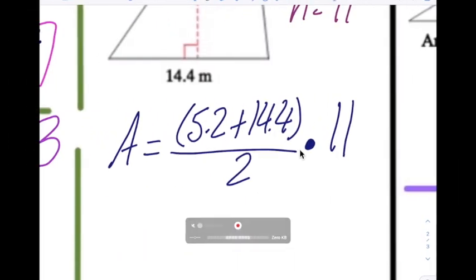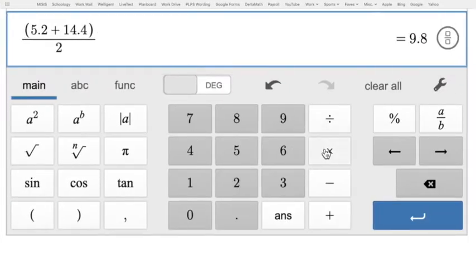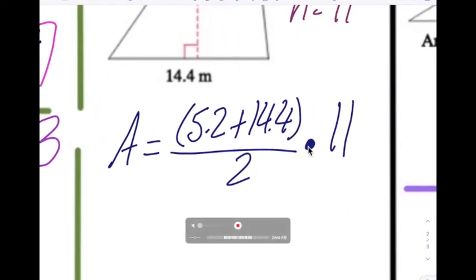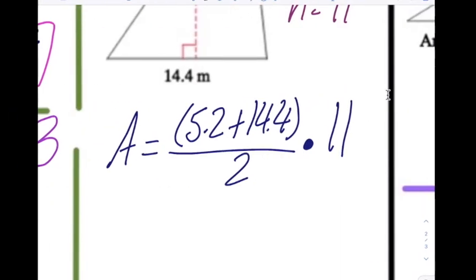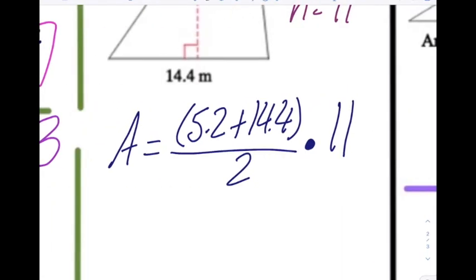Now, be careful. I'm going to multiply by 11, but look what happens when I put times. See, I didn't want to put times here, because it's not times, doesn't go at the bottom. Times goes next to the parentheses, next to the fraction, next to the division. Times 11, 107.8. So we get area